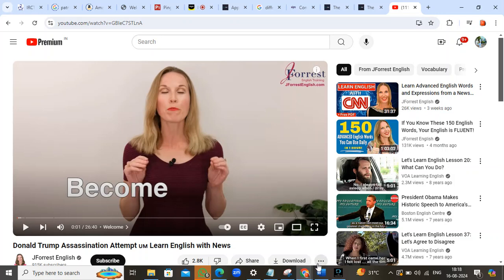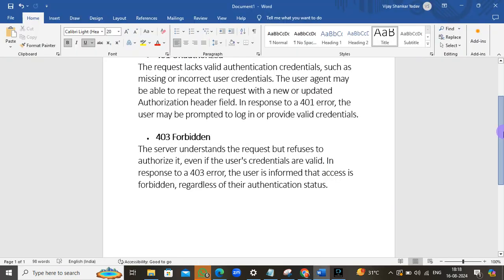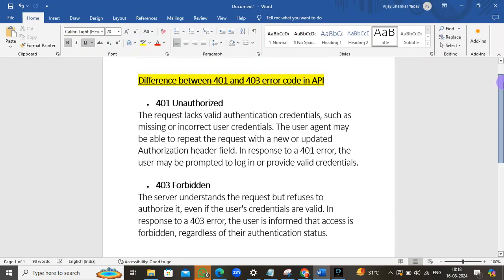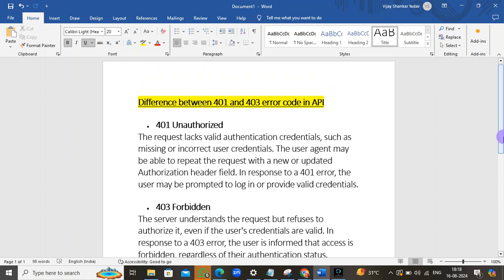So this is the difference between 401 and 403. 401 means our credentials could be invalid. That's why we get 401 unauthorized. And in 403 we have valid credentials, but we don't have access for a set of services or particular things. That time we get the 403 forbidden error code.